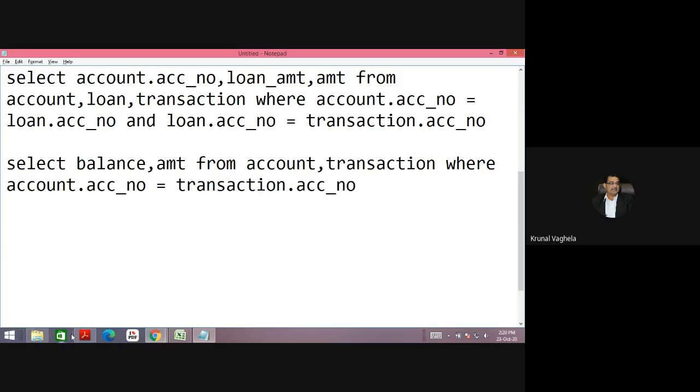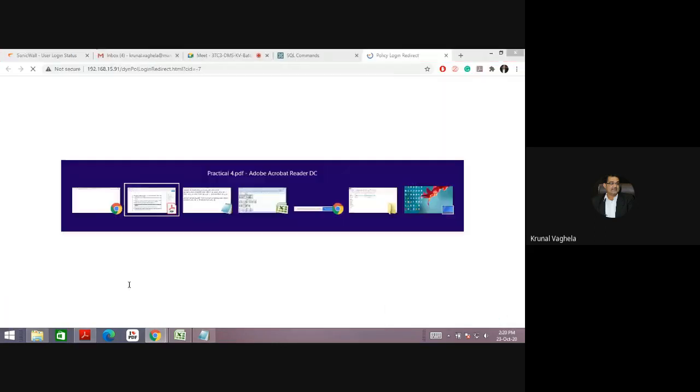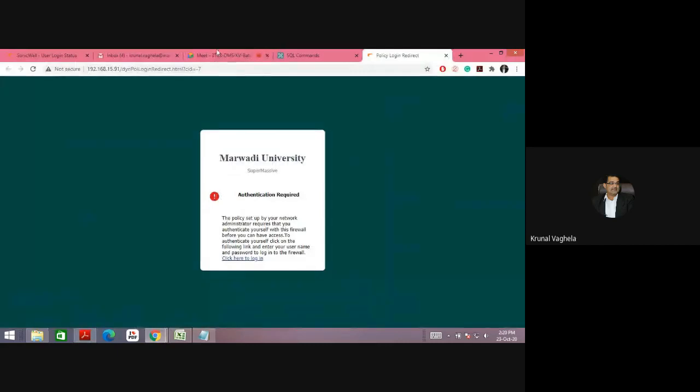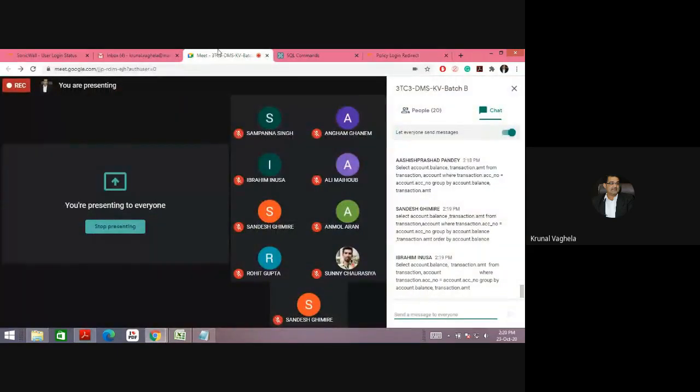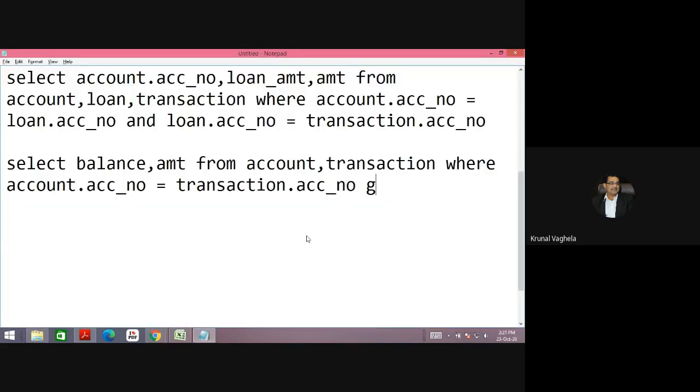But what is asked is group by amount and balance. So group by amount, comma, balance.